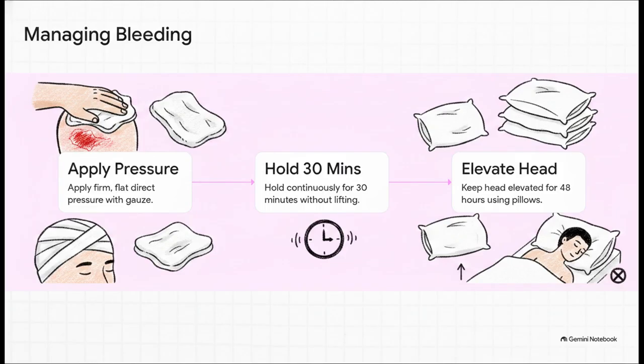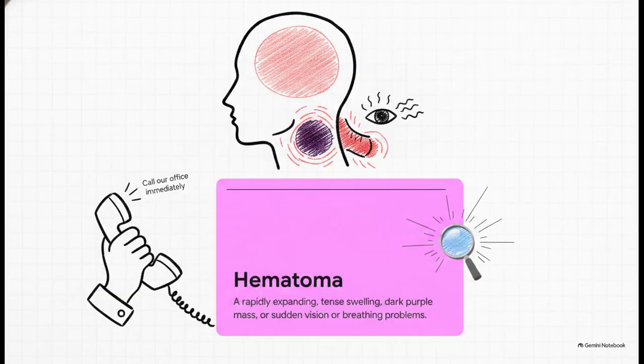Finally, make sure to keep your head elevated for the first 48 hours. You can use a couple of extra pillows or sleep in a recliner, and definitely avoid sleeping on the side where your incision is. So minor bleeding is normal, but we do need to talk about a specific medical complication